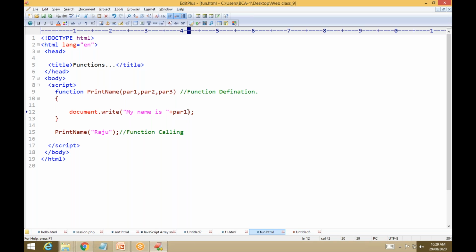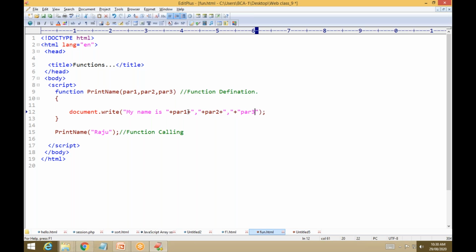Then here plus, comma, then I want to write another one, that is par 2, then plus double quote comma. I'm printing 3 values like this, plus double quote par 3.